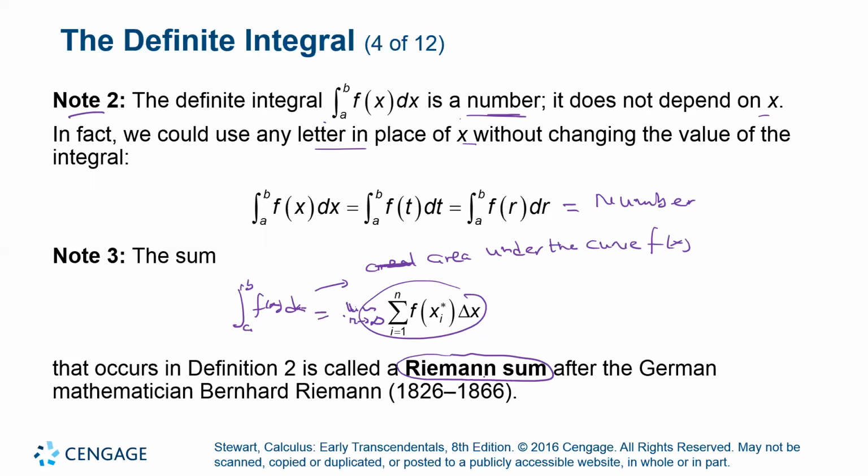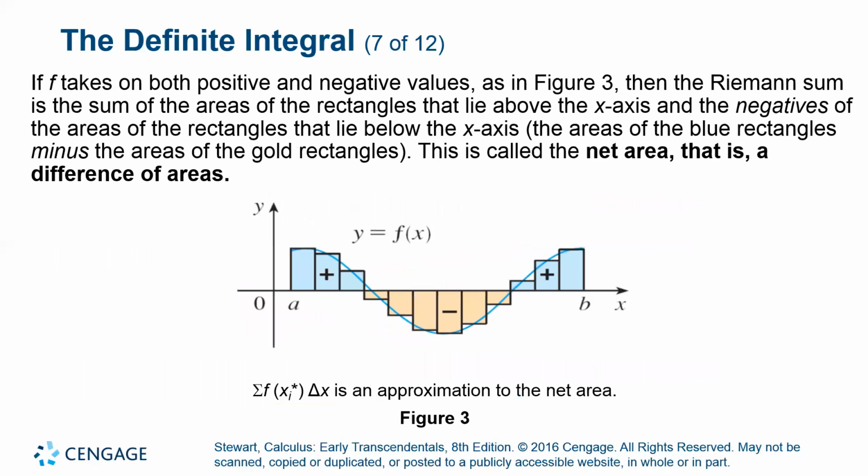f of x. Okay, this Riemann was a German mathematician who lived from 1826 to 1866, for 40 years. And he made a great contribution to integration or calculus. All right, so